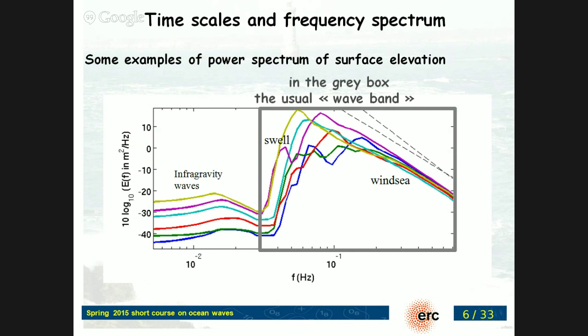And if you want the real energy in joules per meter squared, so the quantity of energy per unit surface, you need to take this E of f integrated, times the density of the water, rho, and g, the gravity. But in short, we very often omit this rho g factor, and we usually call E of f the energy spectrum because it's easier than having one more kilograms per meter, and so on. Usually we work with this part of the spectrum, up to, let's say, 1 hertz. And this part is the infragravity wave spectrum.